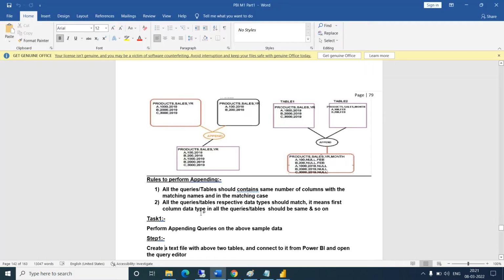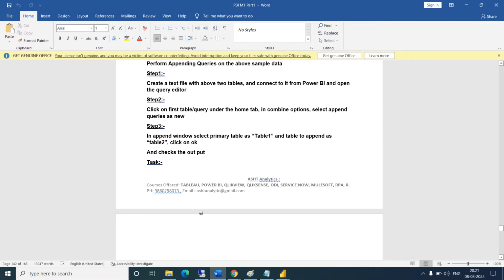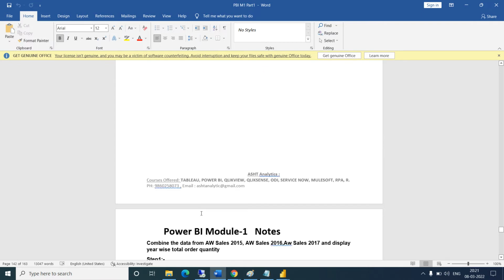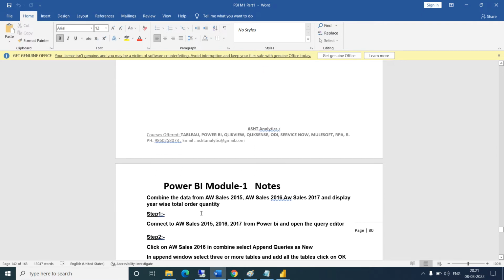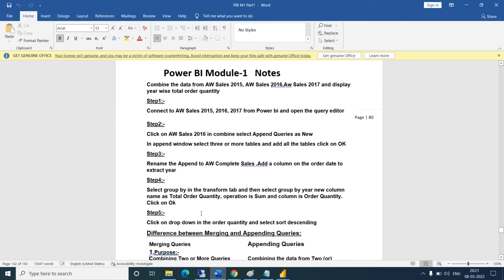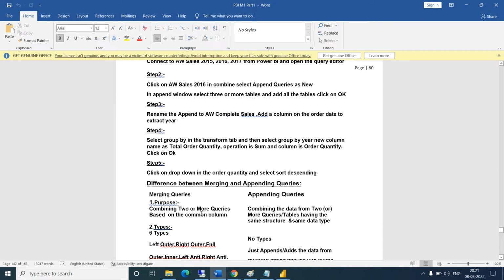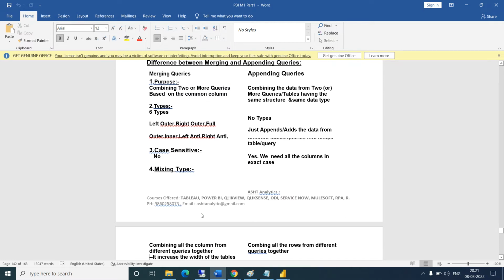See, there are some points in the notes also, it is written. Merging and appending query. In merging, the first difference is that it combines two or more queries' columns based on the common column. Append combines the data from two or more query tables having the same structure and same data type.